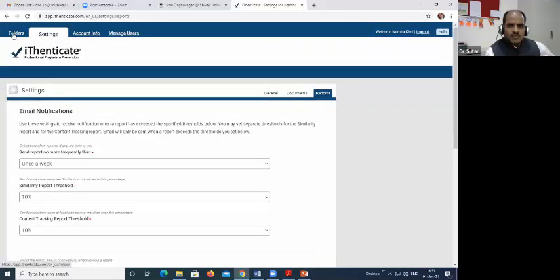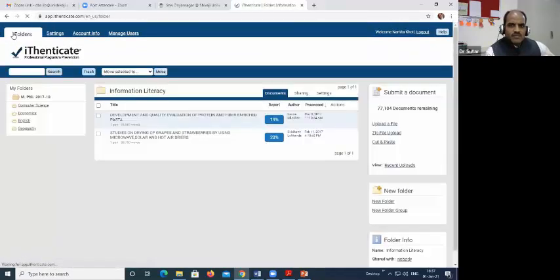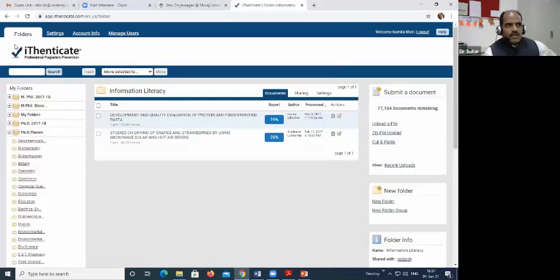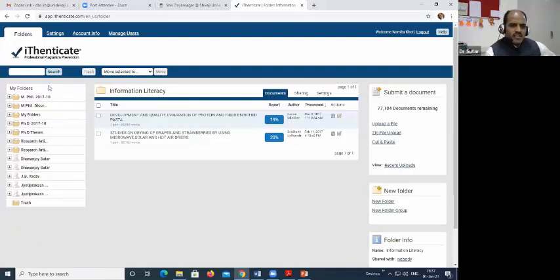Okay, and then I am going to click on this folder file. Now see, under each of the folders, for convenience, we have maintained these folders: in the year 2017-18, MPhil, these are the years for MPhil dissertations. This is my folder. Then PhD 17-18, after 18, this is the PhD thesis. This is related to only research articles of the faculty of 17-18. These are the research articles after 18. This is my submissions. Then Yadav sir is there, and this is the test. Test means whatever will be removed from this one.